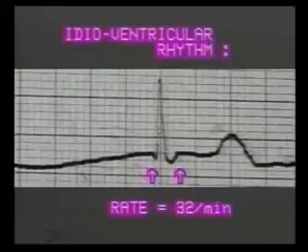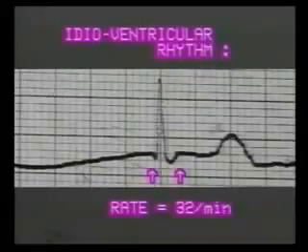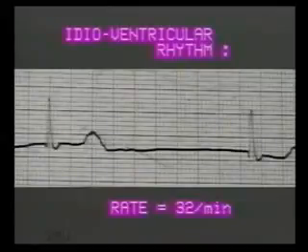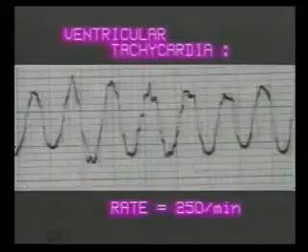Now let us observe the beat closely. There is no P wave. The QRS complex is 3 mm wide, suggesting ventricular beat rather than supraventricular. A mid-nodal rhythm would also be very similar without a P wave, but the rate will be between 40 to 60 per minute. This is idioventricular rhythm. There is absence of P wave, wide QRS complex, and rate between 20 to 40 per minute.